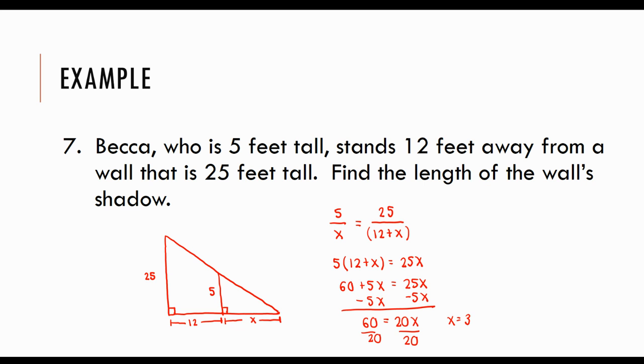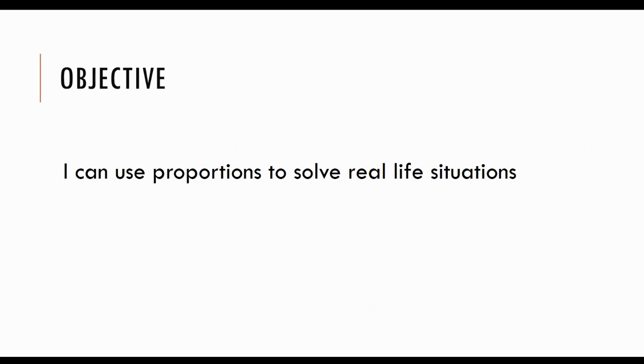But remember, X is representing Becca's length of the shadow. I want the length of the wall shadow. So that means I need to add 12 and 3 together. That would give me then a 15-foot shadow. So just read everything very carefully to know which shadow we're finding and to know, okay, X is representing which portion of my problem. And that's us using proportions to solve real